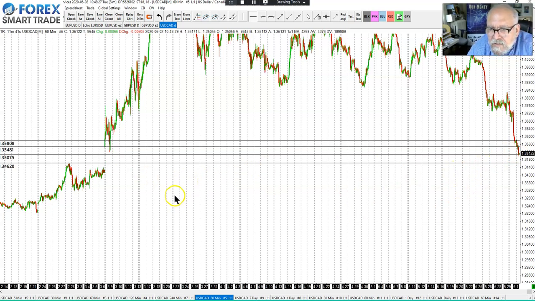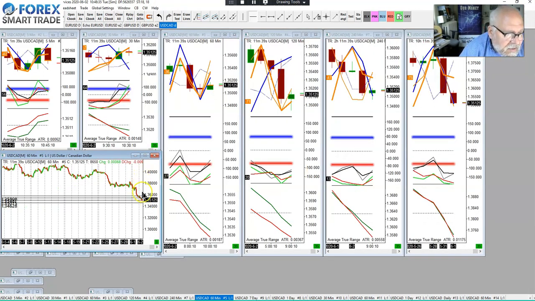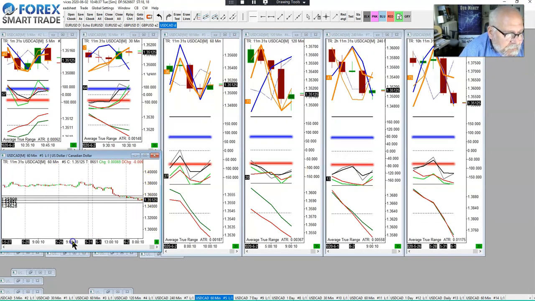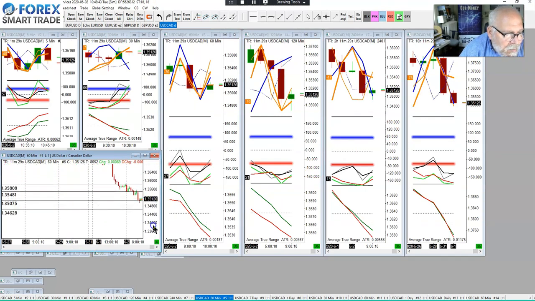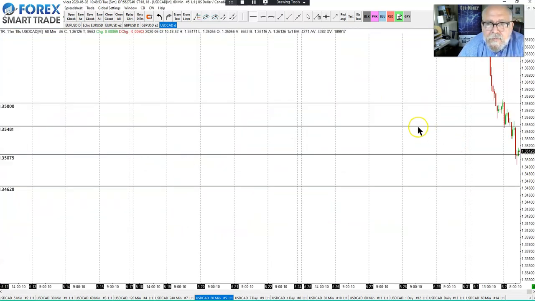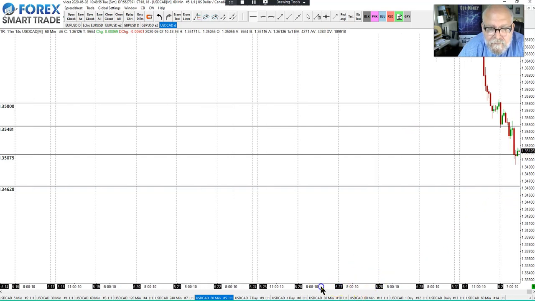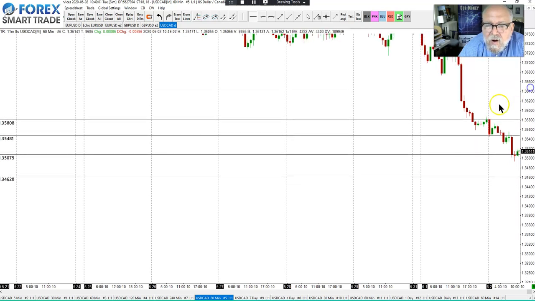All right, so we've got a couple of supports and resistances. The reason I want this is that it gives me how much room I have till I hit the support and resistance. So let me open it back up. All right, so if we go back to our